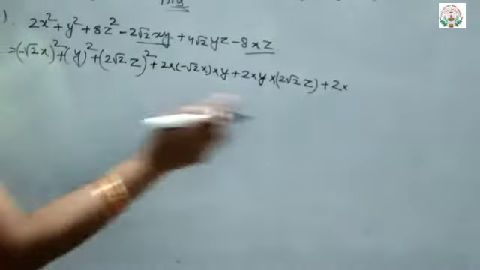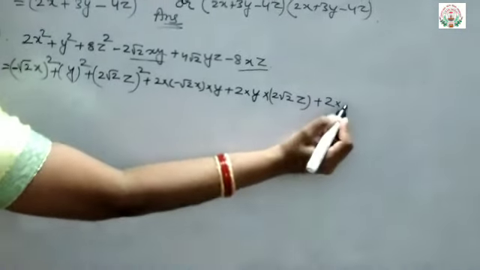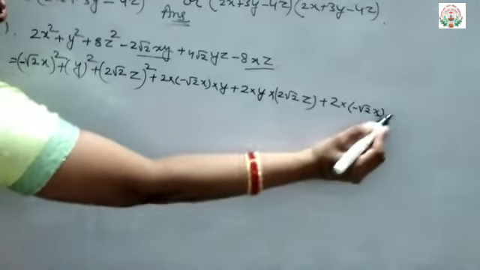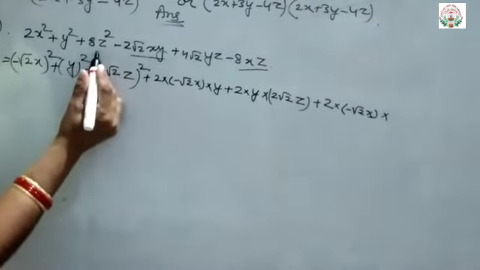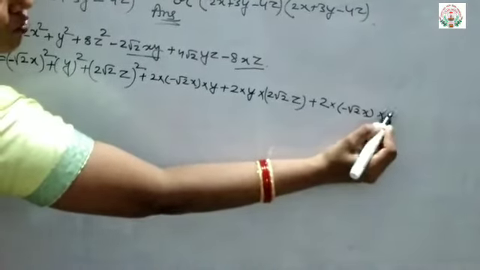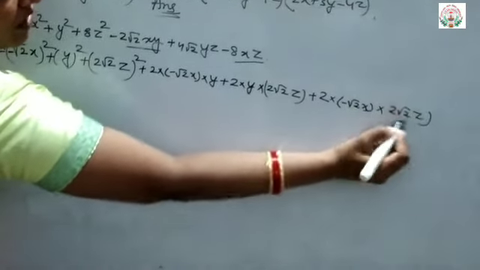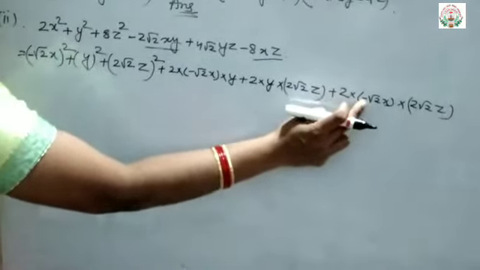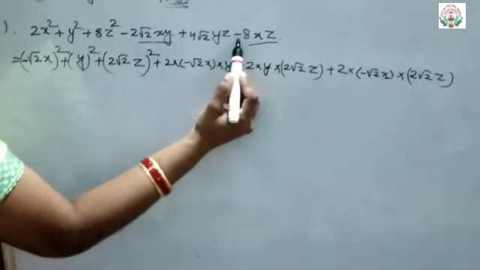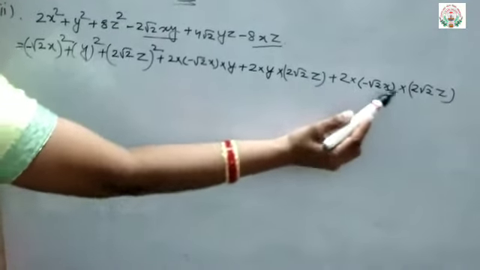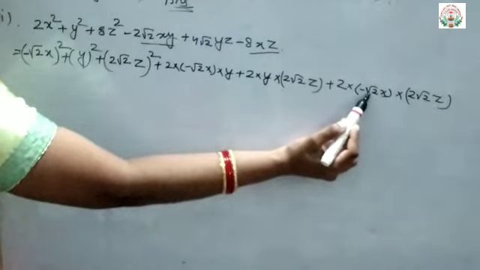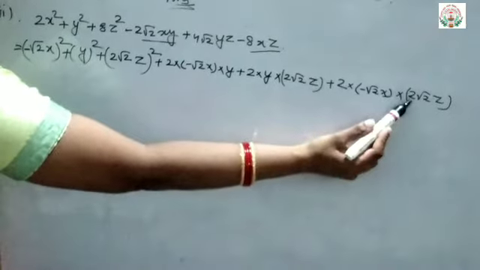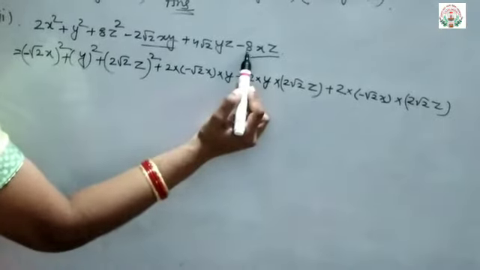After that, plus. Now 2 into CA or AC. So that is A is how much? That is minus root 2 x into what is C? That is Z value. You can see here. That is 2 root 2 Z. Clear? Now on multiplication, check it out. Plus into minus. Minus into plus will be minus. Now 2 into 2, 4 and root 2 into root 2 means 2. You know that root 2 square is 2 only. So 2 2s are 4. 4 into 2, 8. So 8 got.